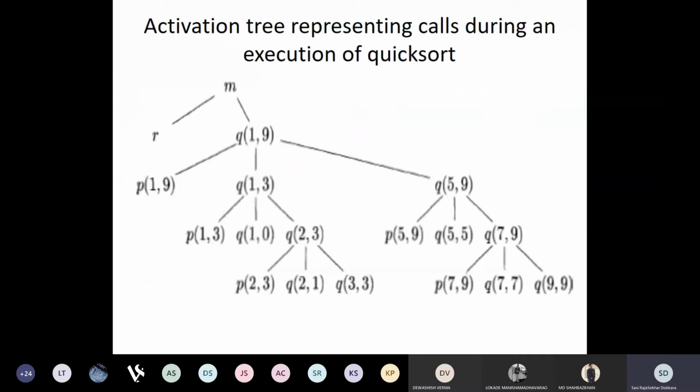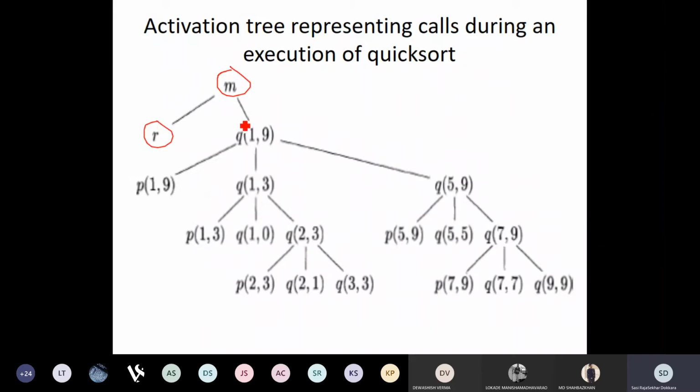So now this is the activation tree of the procedure that was running in the previous slide. Here we have the main procedure as the root, and the main procedure first calls the read array. Therefore, this is the leftmost node.